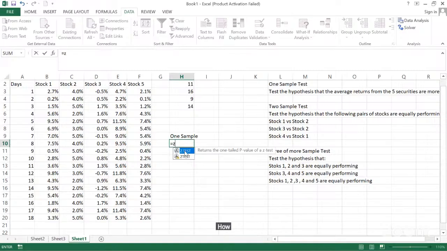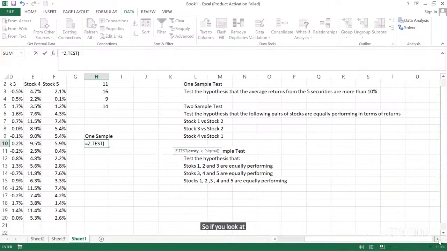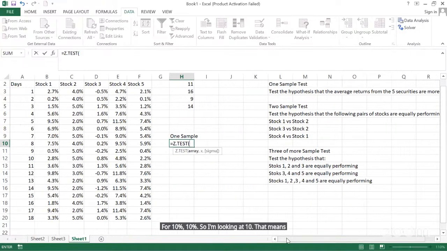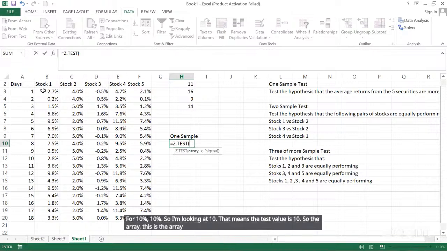So I'll just select my Z test. If you look at the question, it says we should test for 10%. So I'm looking at 10, which means the test value is 10. So the array, this is the array. The array simply